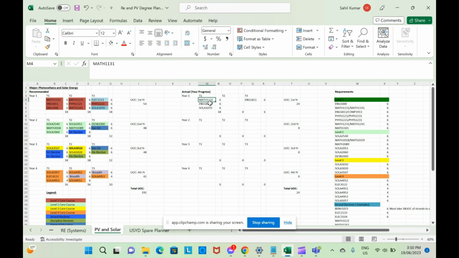So, as an example, let's say I did Math 1131, and let's say I did Eng 1811, which is this course here, and then I did Solar 1070 in term 1 instead of term 3. So that's all written here, and I write down the units of credit that that course is worth. Okay, so you can see here how when I've written out my units of credit, I immediately get a total amount of credit that I've done for that particular year on the right-hand side, underneath UOC first year, UOC second